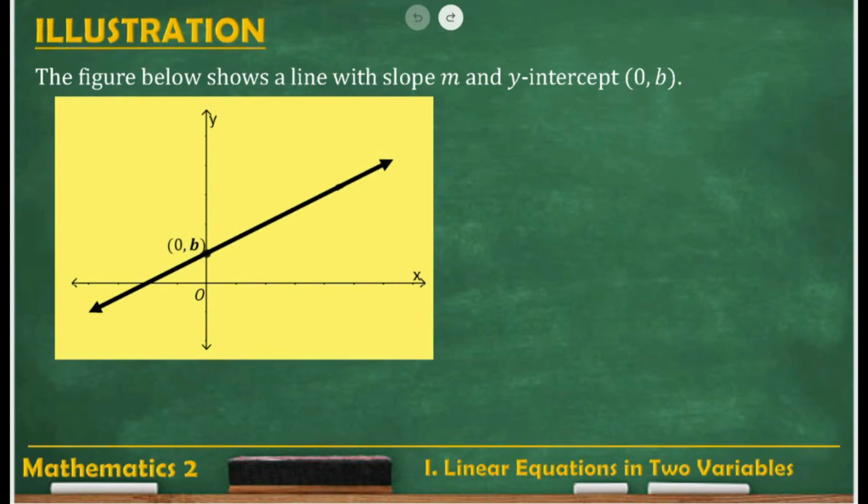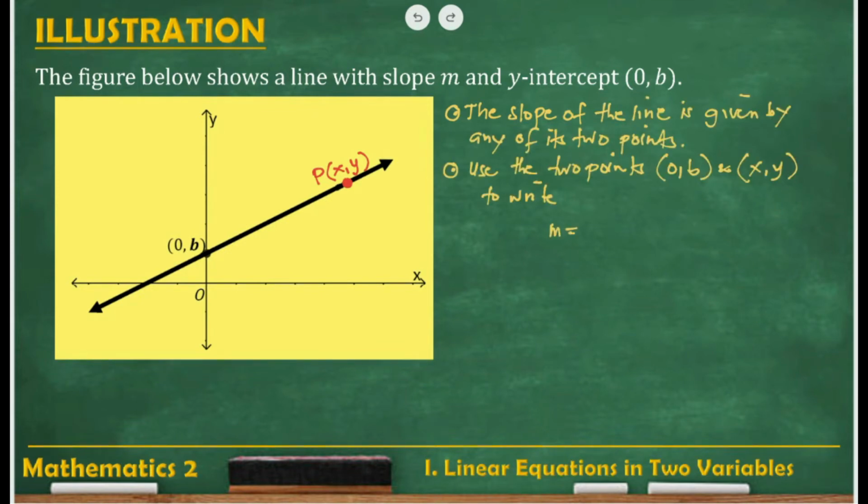The figure below shows a line with the slope m and y-intercept (0, b). To find the equation of the line, we can begin by locating on the line any point P with coordinates (x, y) other than (0, b). Now, the slope of the line is given by any two of its points. We can use the two points (0, b) and (x, y) to write